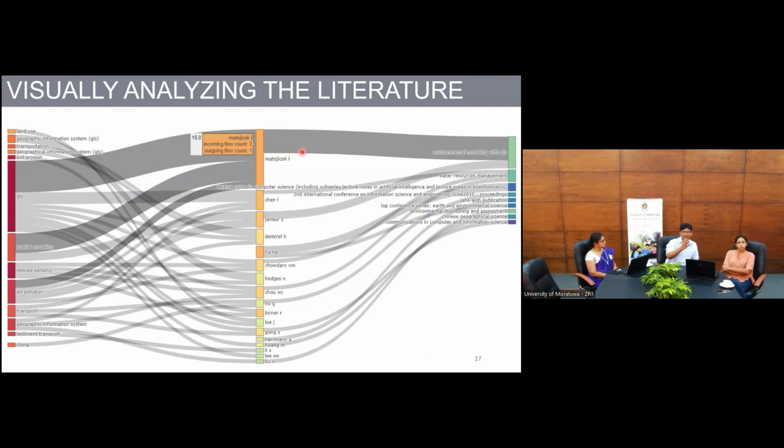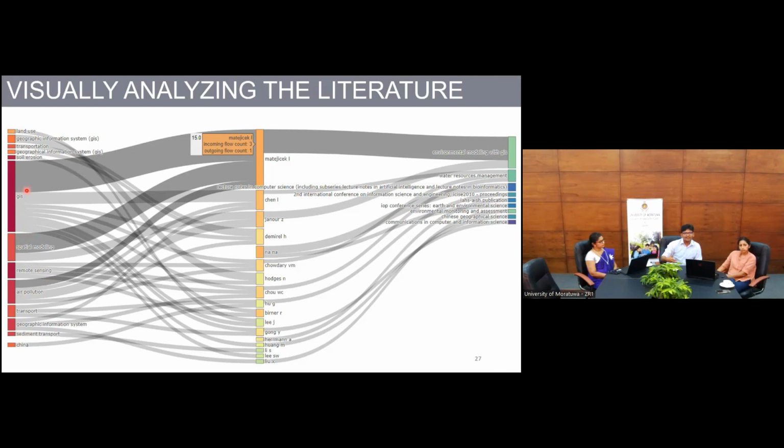And it gives you an idea about the left-hand side, which is about the keywords that the authors have used in this particular research domain. And in the center, I specifically chose the authors. You can change that, of course. And then the rightmost side shows you the sources, the journals that have published the research. So in this one, you can see as a whole, the GIS and spatial modeling and remote sensing, the size of this little height here shows you which keyword has been used a lot.